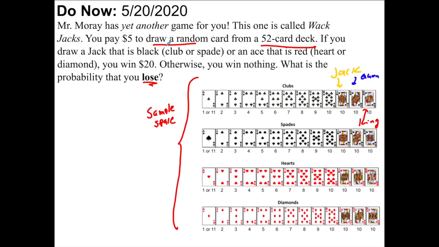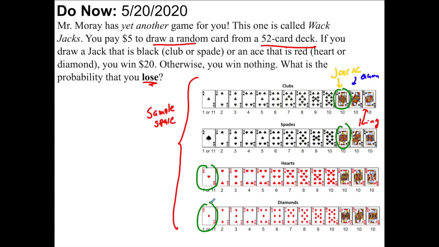Imagine that. And so if I draw a jack that is black, or an ace that is red, I am going to win the game. And so if you think about it, if this is me as a gambler, I might be thinking, and I don't like to gamble, and this is actually why, but if this is me about to make this gamble, I'm going to ask myself,